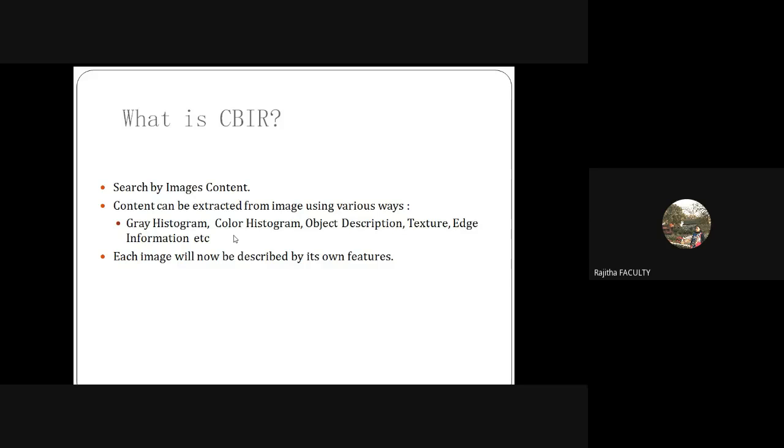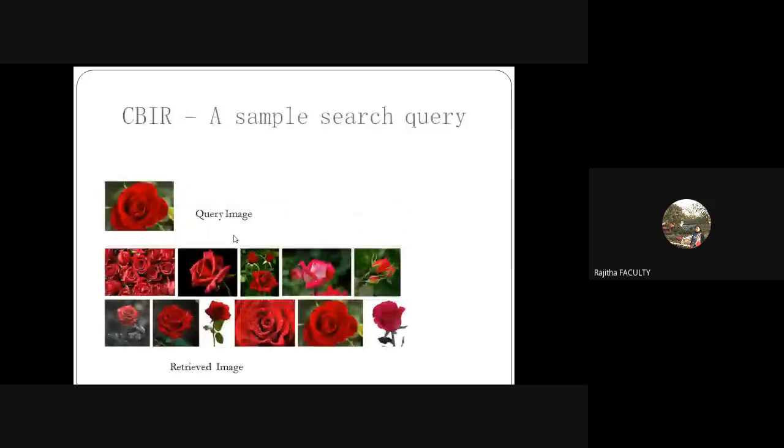Okay, let's see how it works in real time. Suppose in Google search, I give this image as a query. I'm not typing, I'm giving the input as an image. I just dragged and dropped it on Google and clicked search, and I got this particular result. I got around 8, 9, 10 images, or many more actually. I've taken only the top 10 or 12 here. I see that I always got red roses images, a single rose or multiple, but only red roses.